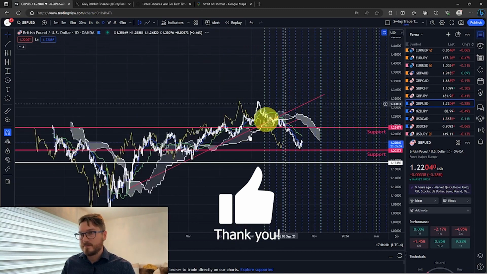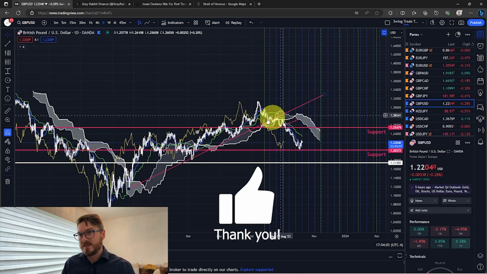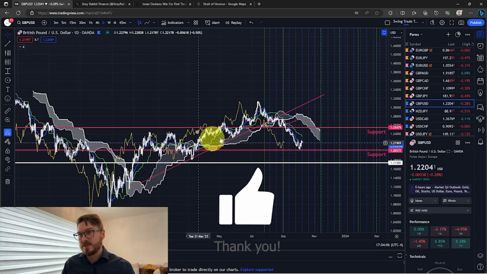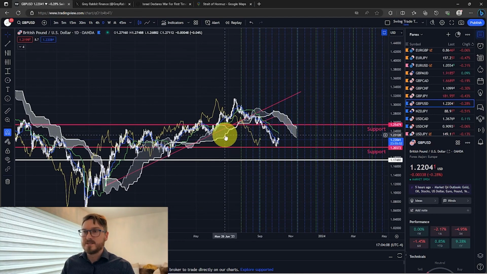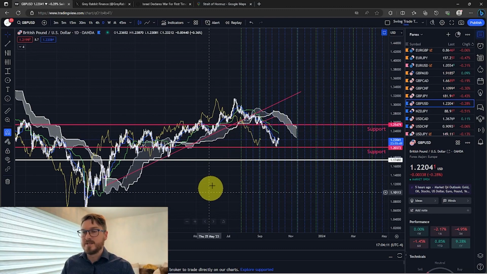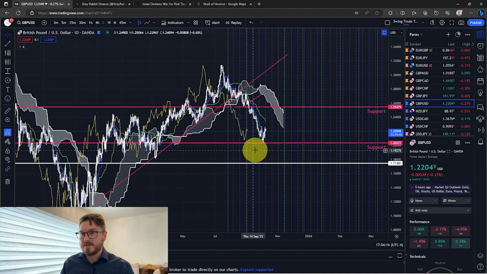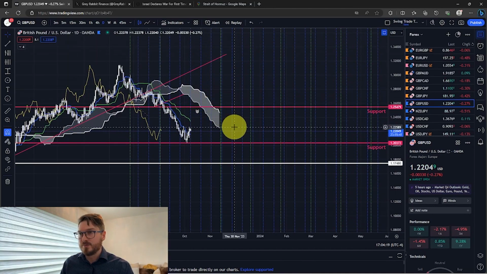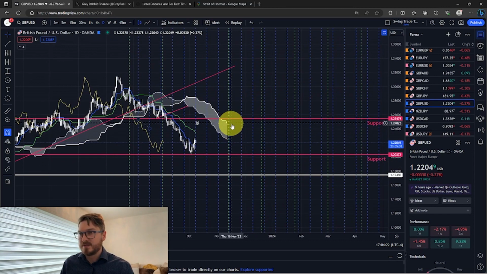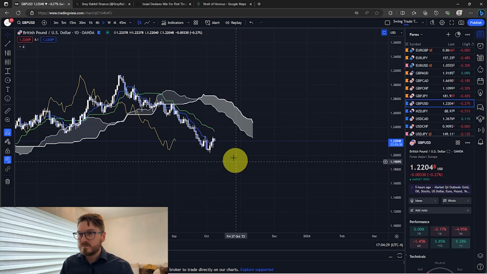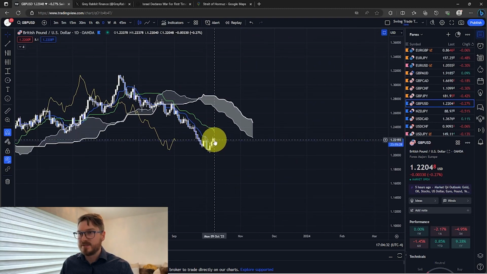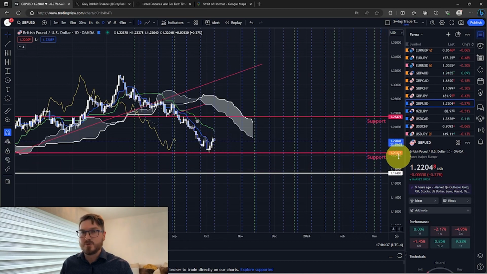So we have a nice trend line that's been broken and retested. This is what I like to see, because these levels are going to provide us liquidity and make the price move in the other direction. And so this is a very nice bearish Kumo cloud. We've got the Senkou Span B pointing down, Senkou Span A down, the Kijun-sen pointing down, and we have price starting to resist here, and I'm expecting price to come back down and break this support level of the